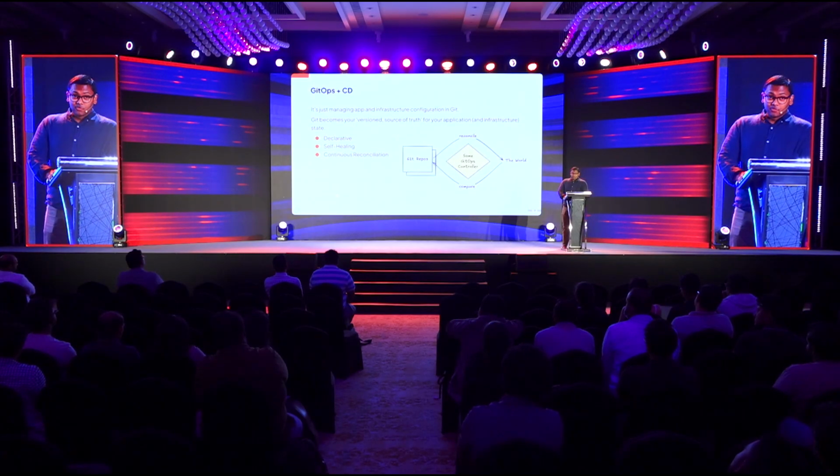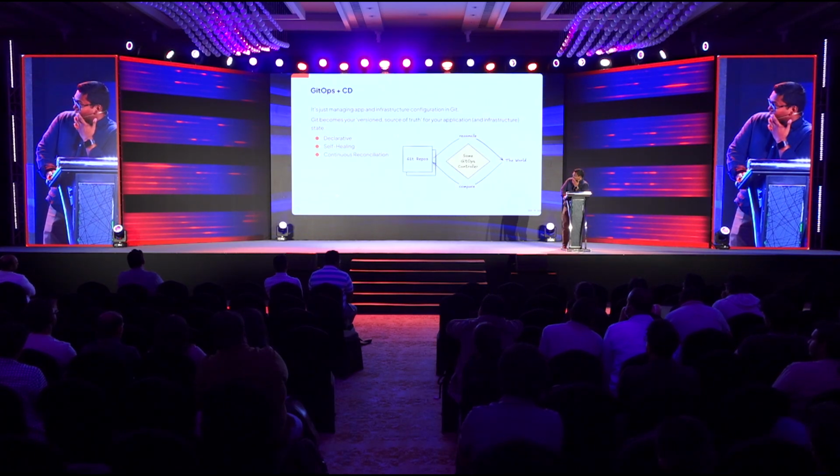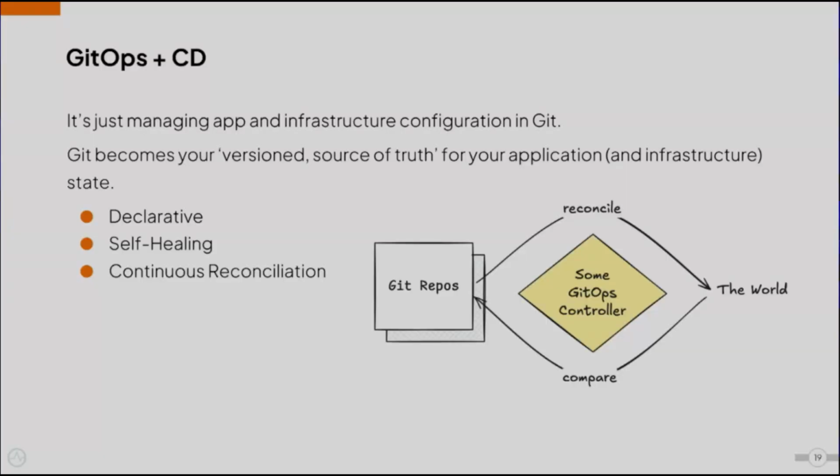So let's move on to GitOps and continuous deployment. Now, GitOps is nothing fancy. It's a buzzword used everywhere, and even in Choreo V3 there's a lot of focus on GitOps. But what it basically is, is you put a bunch of things in Git. You basically declare some specification in a Git repo.